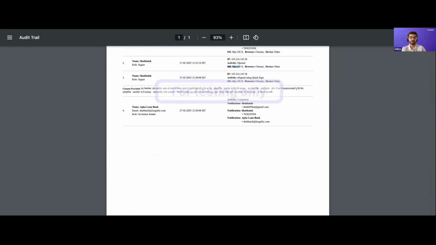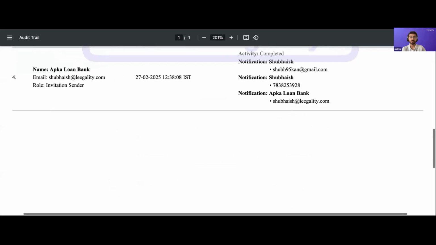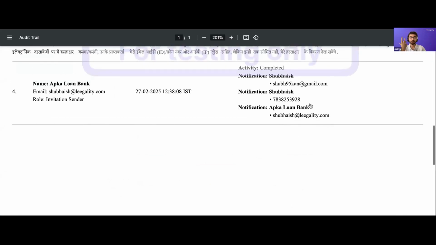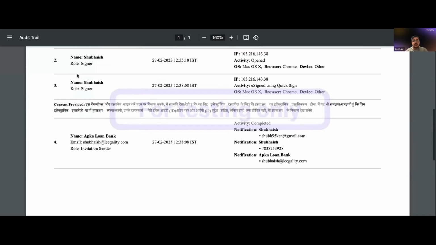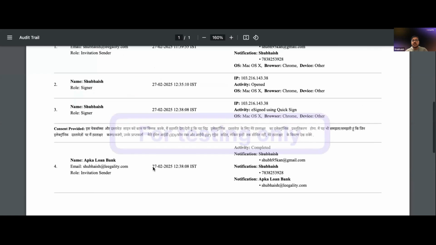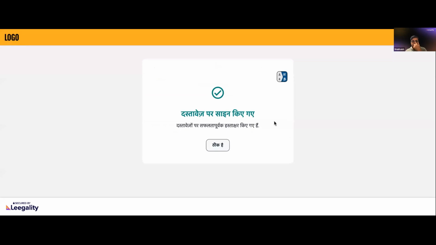And audit trail, where the final notification was sent. So the last notification ultimately is where it was sent, right? KFS has to be ultimately, borrower has to acknowledge it and they need to essentially keep a copy. Tells you where the notification has gone, so they cannot deny it later. Yeah, so if you see activity says completed, it tells which email the document was sent to. It tells you also the number where it was sent, and it also tells what is the role of this person. Nobody can deny it, neither the signer nor the person who sent the document. So I'll go back to the signing screen. So this was the KFS journey.